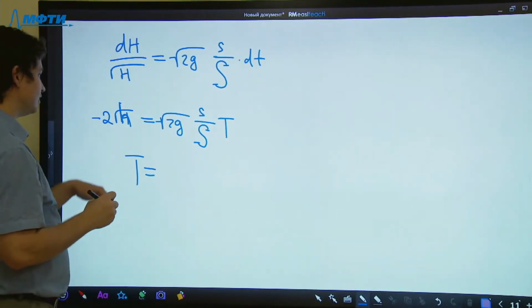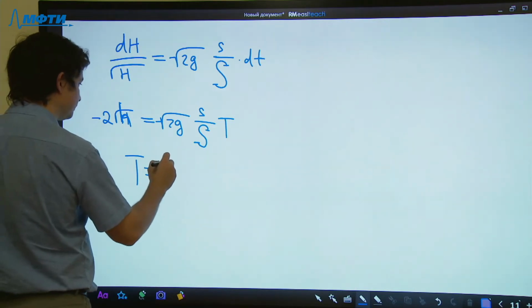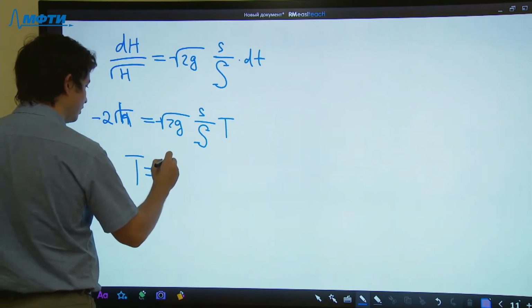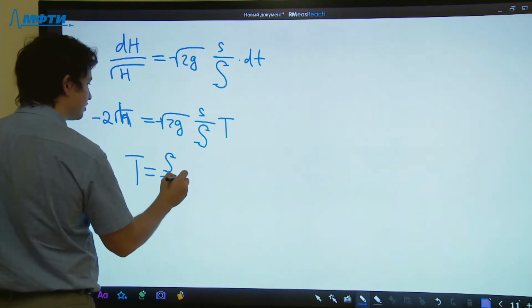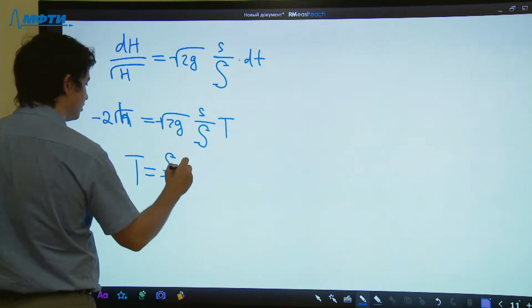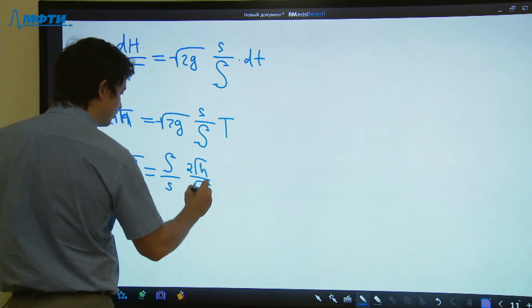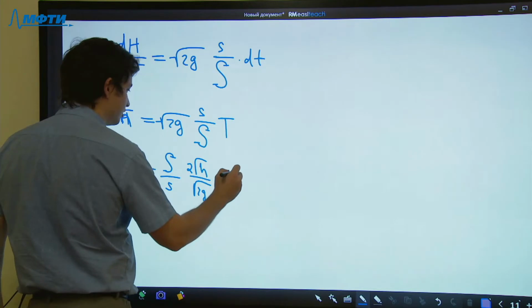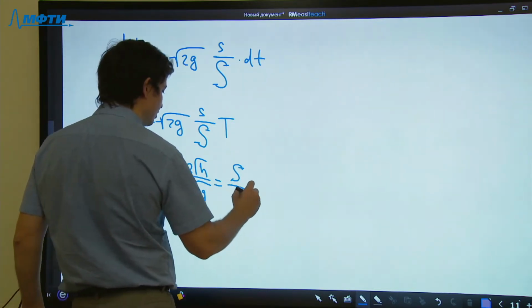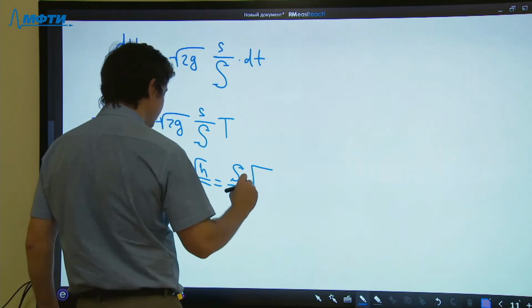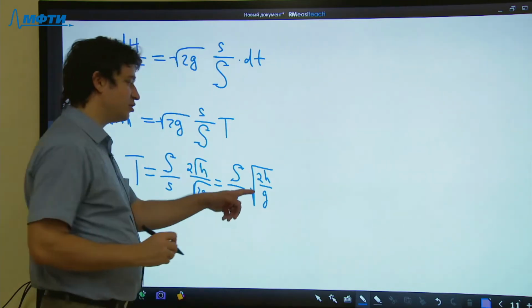Minus and minus, and then T equals capital S over small s times 2 square root of small h over square root of 2g. So I have capital S over small s times square root of 2h over g,